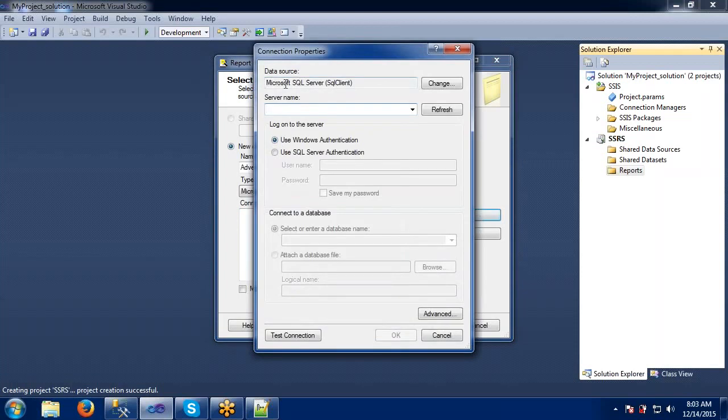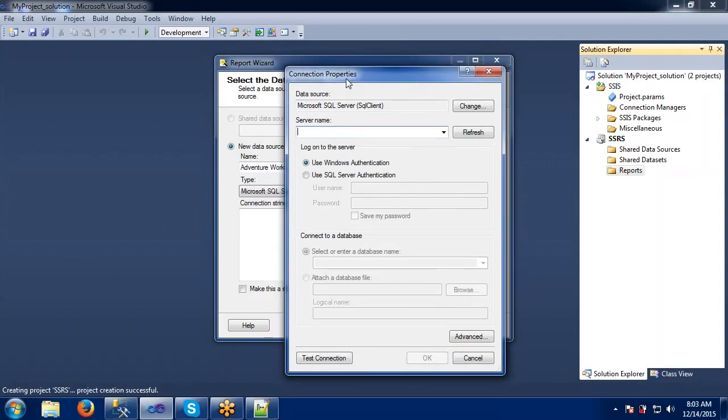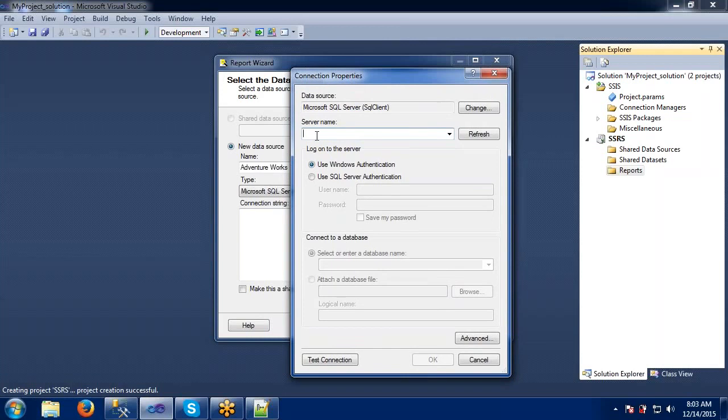Here it is asking for SQL Server client, because we have selected the data source as SQL Server. In that you can select your server name. Means what SQL Servers are available in your system? It will list out all those server names. So in that you can pick your server name and we can connect to our selected database.